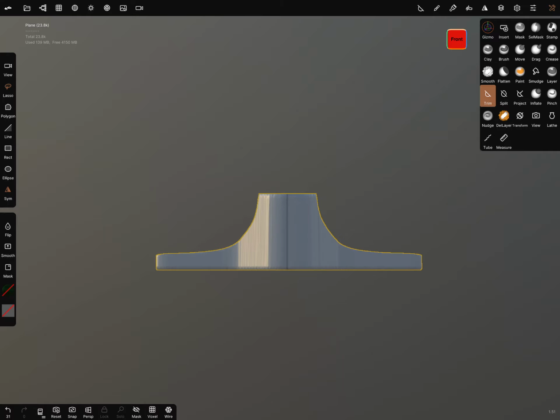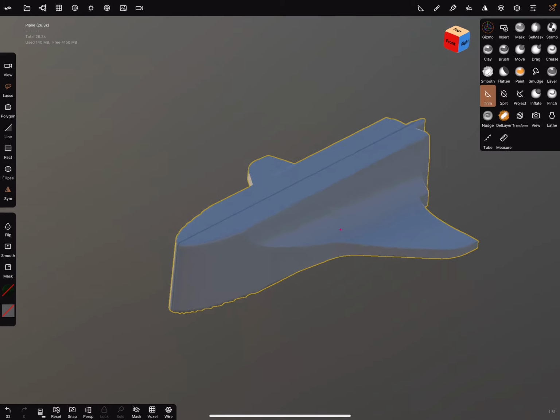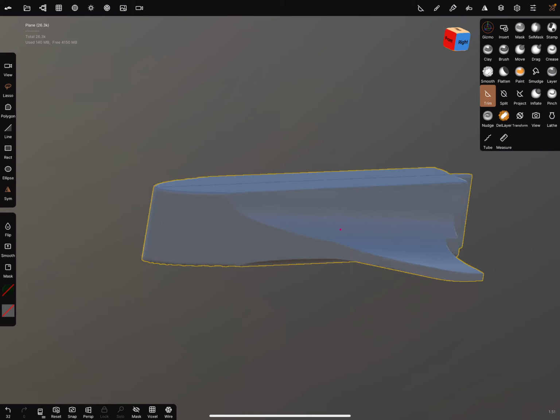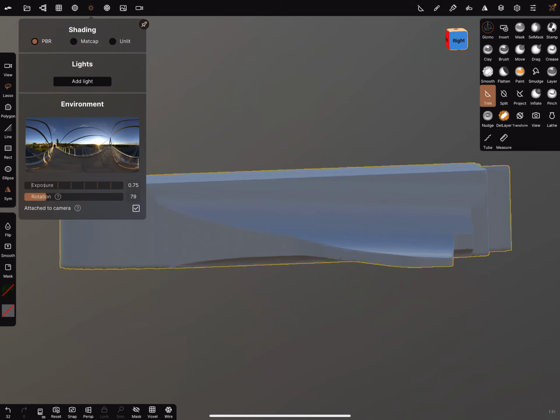Yes, you can add another view of the shape and place it and use it as a reference.